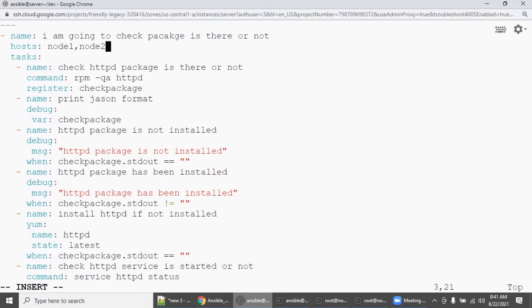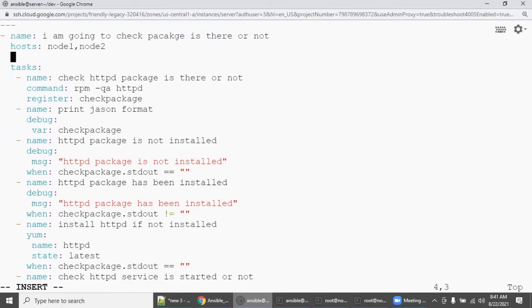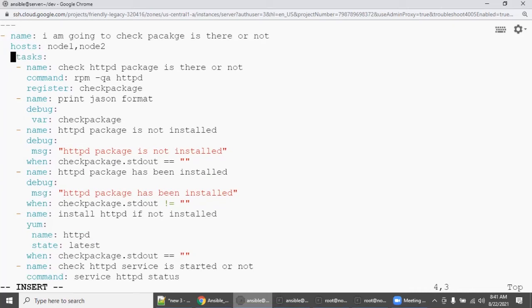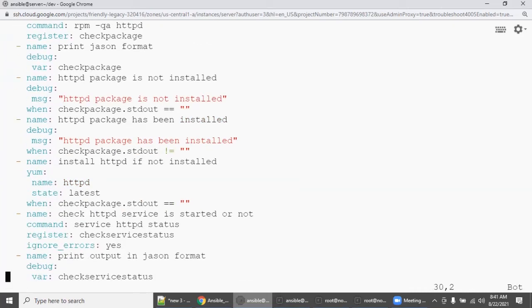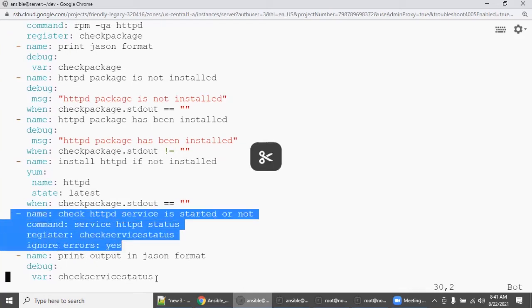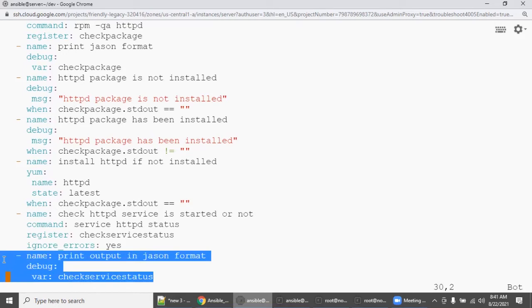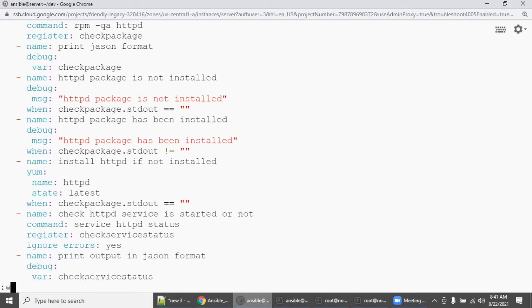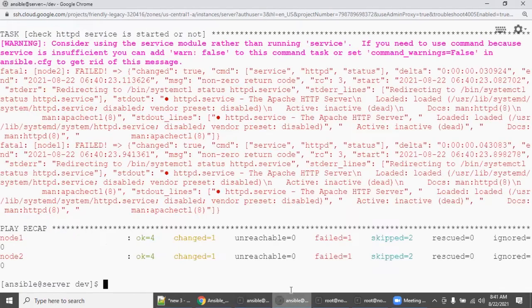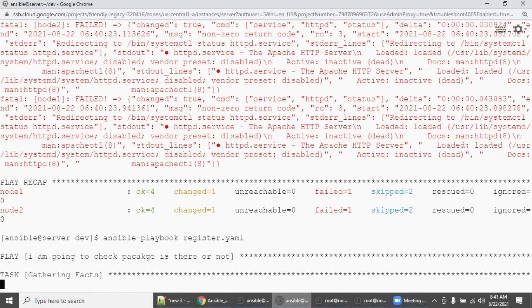But don't do this till you get some answer, right? Always go with the specific play, so this will only be applicable there. Even if you get the error, it won't stop. So apply it only to the necessary play. Save this and then execute this playbook.